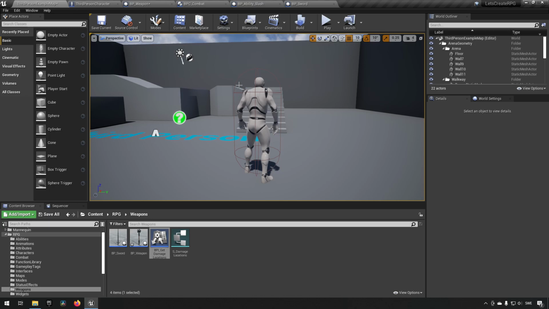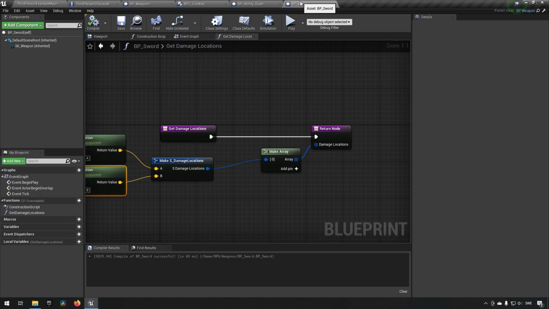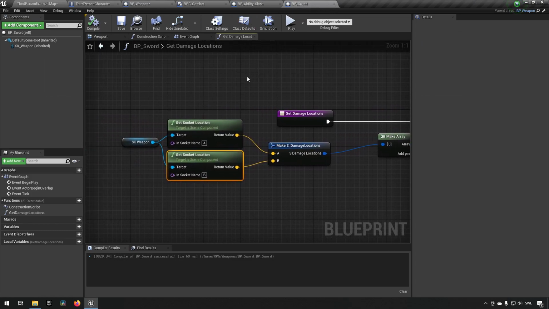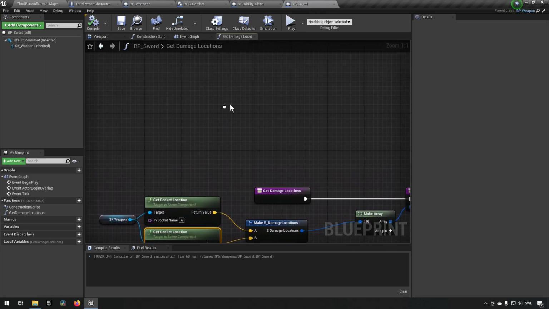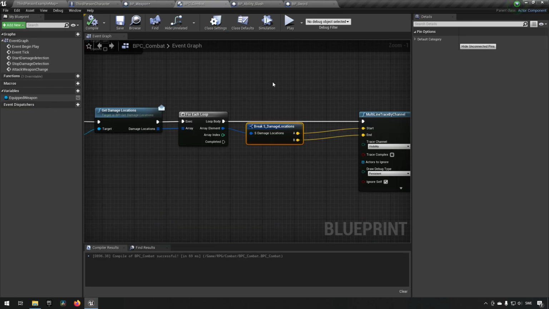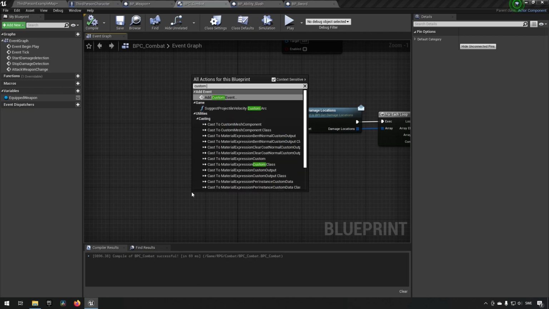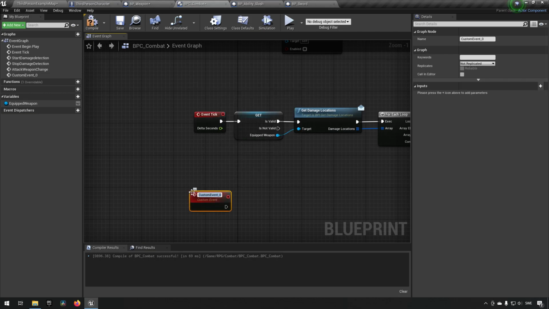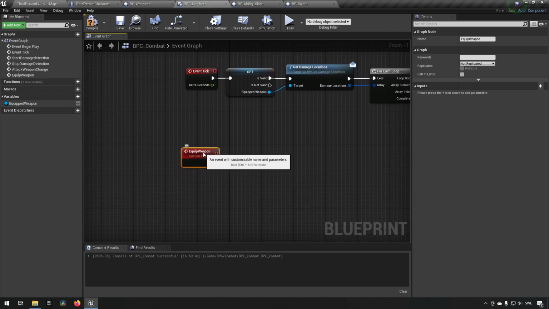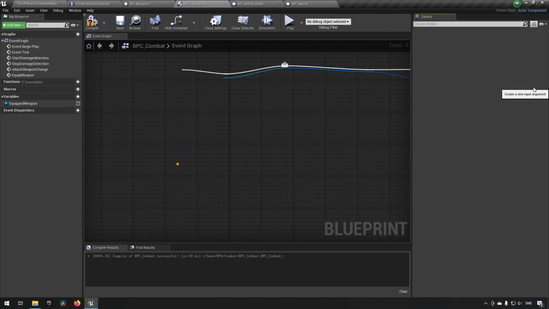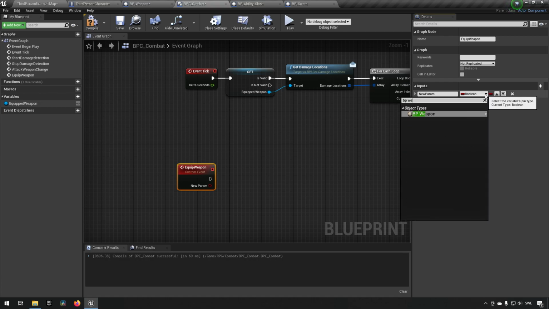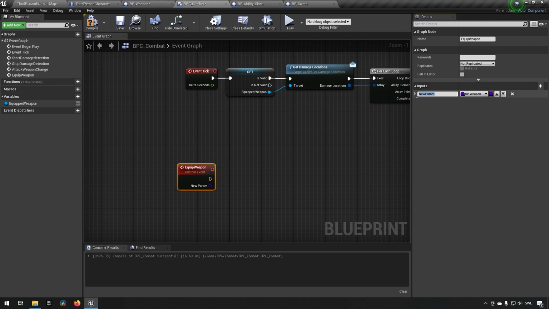This will not work because we don't have our sword equipped. So we need to equip the sword first. So let's add functionality for that quickly. Let's create an event, and let's say equip weapon. Let's say it takes a class of BP weapon as input, like so,